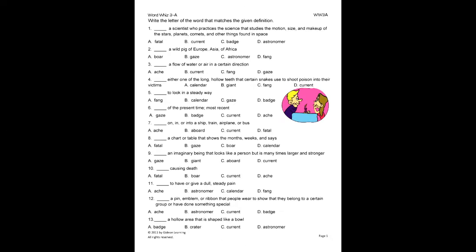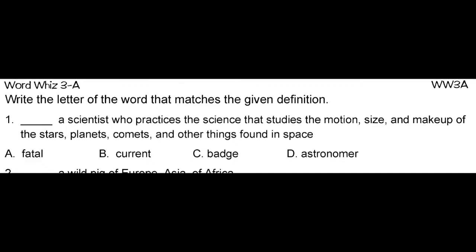On this first exercise, the student will write the letter of the word that matches the given definition. First, read the definition. A scientist who practices the science that studies the motion, size, and makeup of the stars, planets, comets, and other things found in space. Our answer choices are fatal, current, badge, and astronomer. Since we know this is the definition for astronomer, we will circle the correct answer and write the letter on